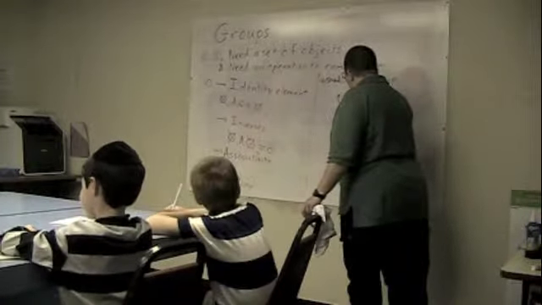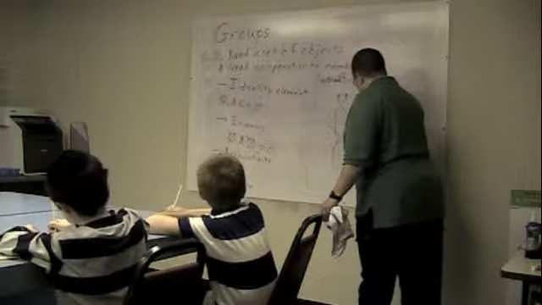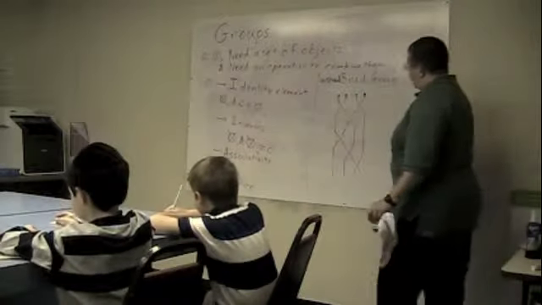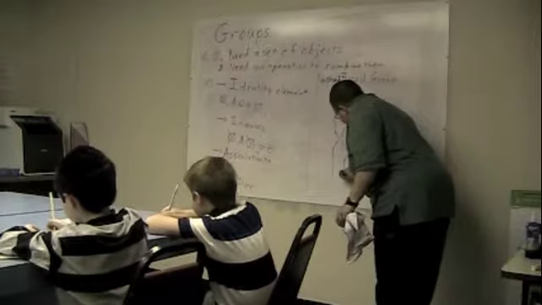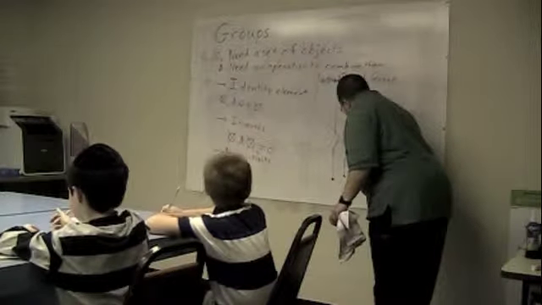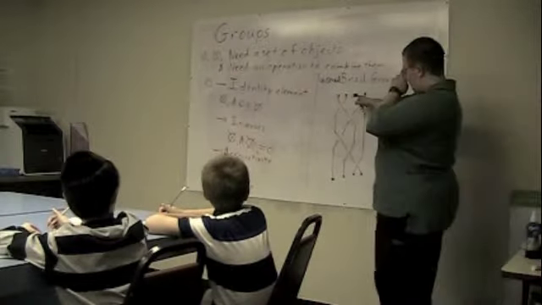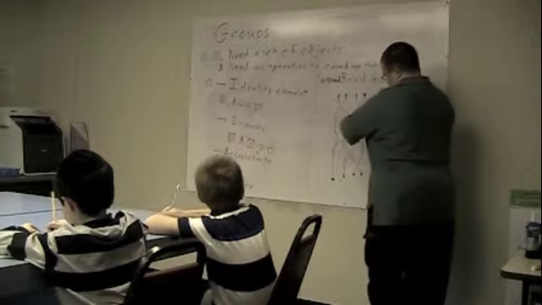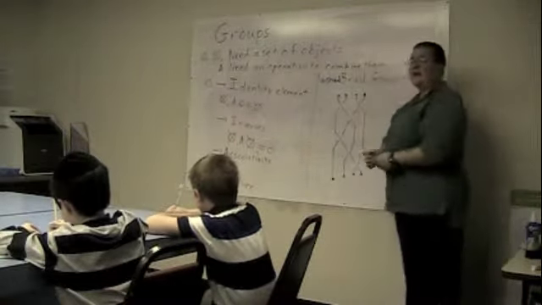So we do that. Maybe we'll have this one go under over here, and maybe we'll have this one go under like that. And then we take our thumbtacks and we nail them down at the end. That is a braid. A braid is a set of 4 strings that got nailed down at the top. They crossed some kind of way in the middle, and then at the bottom they got nailed down again.